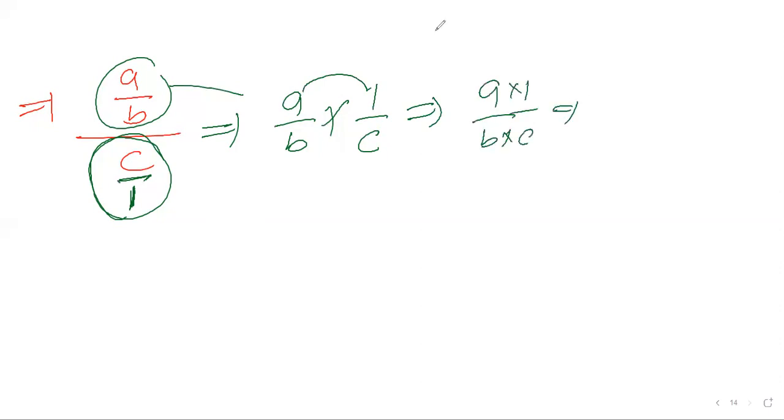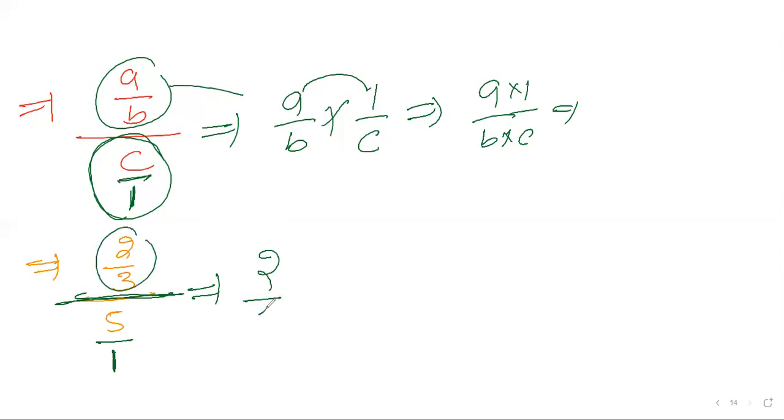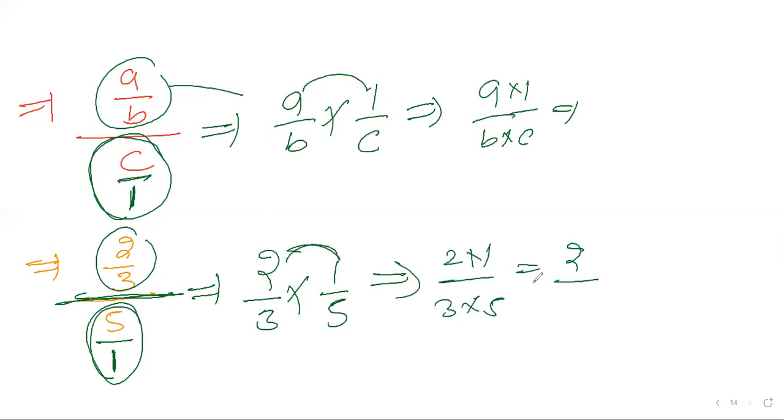You'll get the answer. I'll take one sample example to understand more. 2 by 3 by 5 is there. The question should be like this. Here division is there, so treat it as 5 by 1. Numerator, write same as usual, 2 by 3. Denominator, write ulta: 5 by 1 you write as 1 by 5. So 2 ones are 2, 3 fives are 15. Answer is 2 by 15. No cancellation possible. You can write the end of the answer here only.